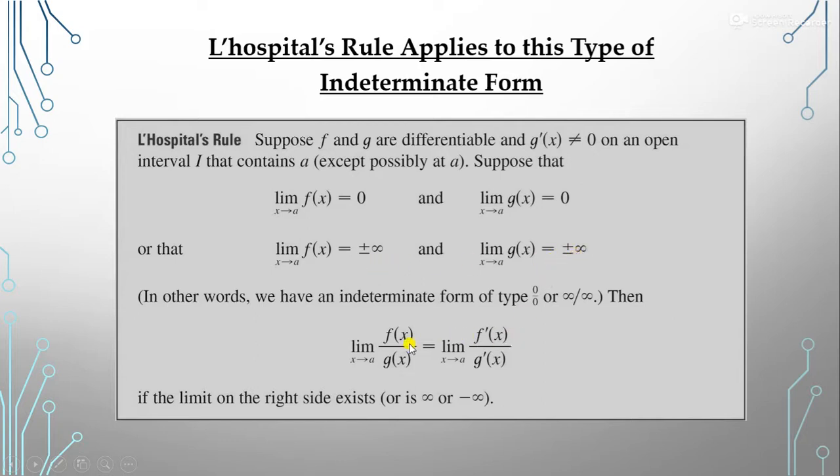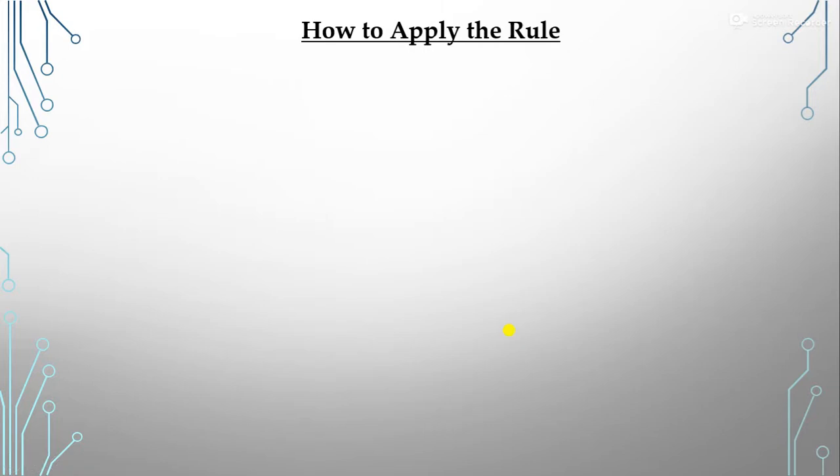So in such a case, how to solve this indeterminate form? By using the L'Hospital rule, we can solve this type of indeterminate form. The L'Hospital rule is that limit x tends to a, we differentiate separately in the numerator and separately in the denominator. So f dash x upon g dash x, and then we apply x tends to a, so we can get the value of this limit. Clear?